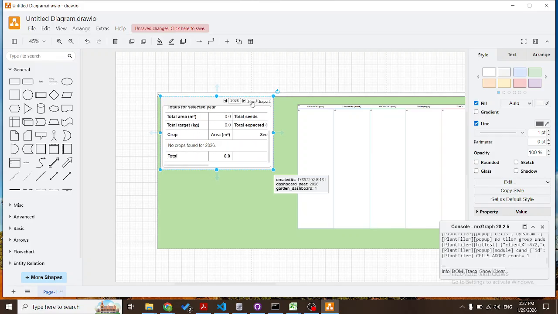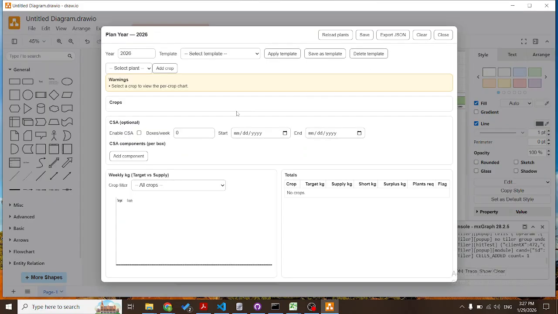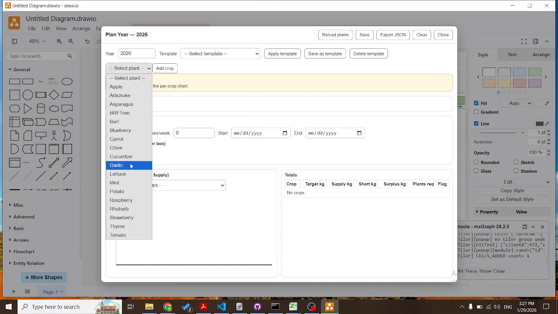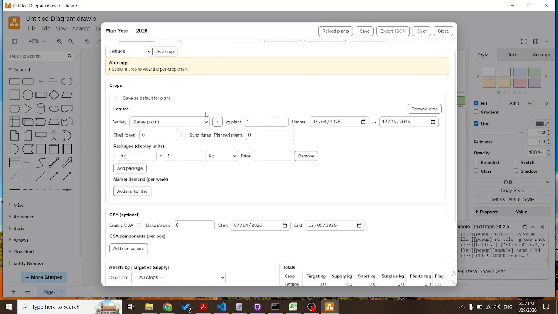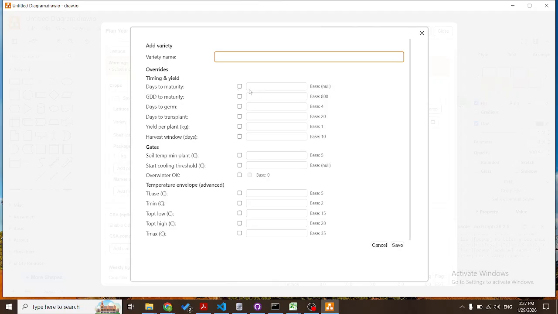The first thing we're going to want to do is click plan. We're going to want to select some crops that we want to grow. Add the crop. Alright, it's going to automatically fill in the longest feasible harvest window. Then, nice. If you want to add a variety here. And then over here are your overrides. Right, so it tells you the base,